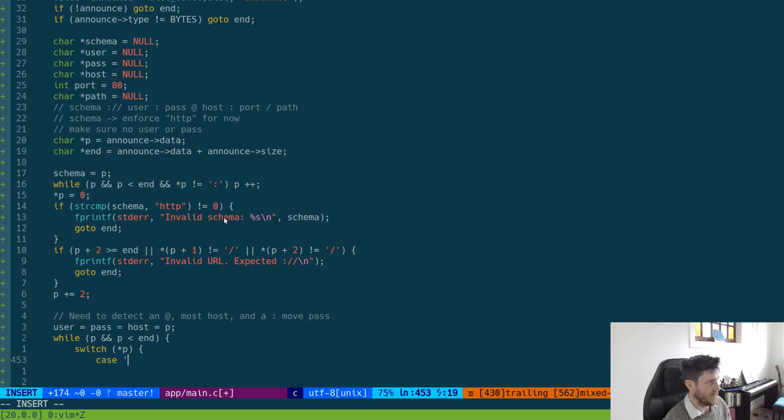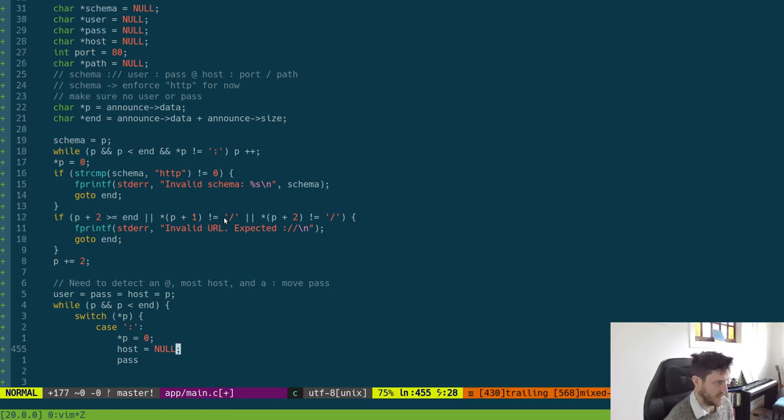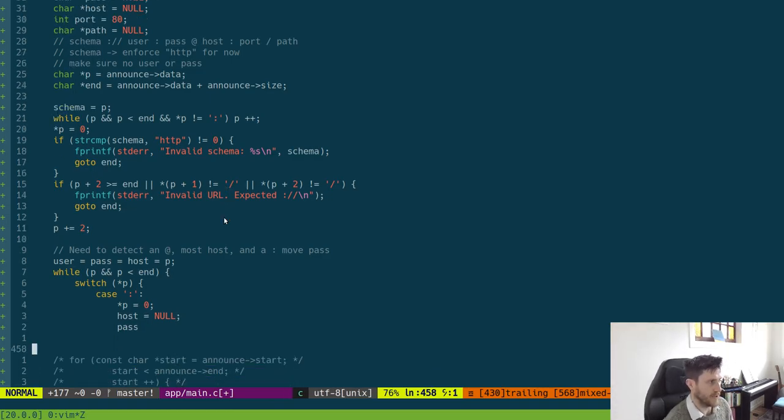If we have a colon, that means we need to basically make our, we need to do star p equals 0, which will close off the user, and here we need to also set host equal to null, because it shouldn't exist in this case. And at the end we should do an if host equal to null, maybe do a go to end, but also probably